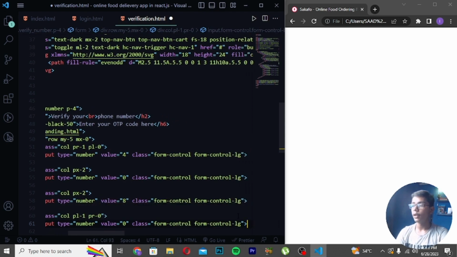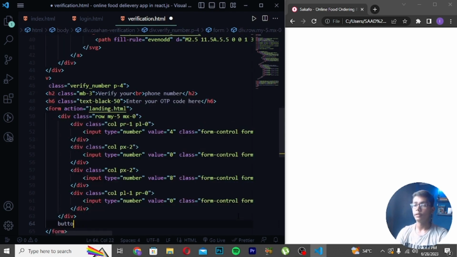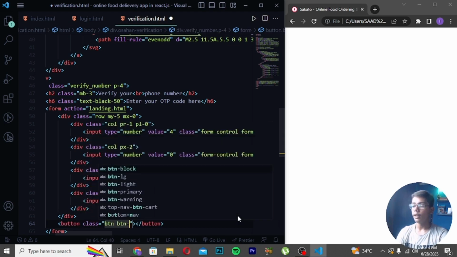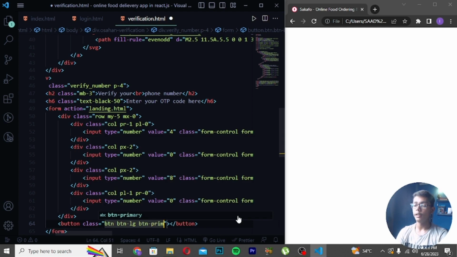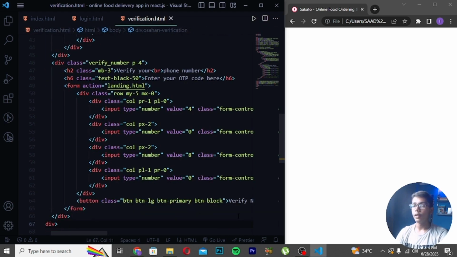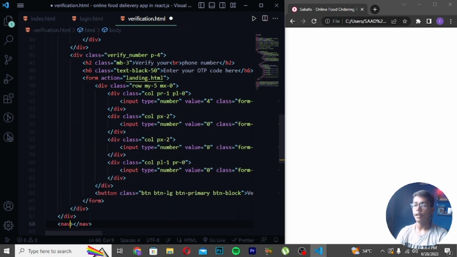Then you have to now move down like this and write here button. So here I will be now writing button like this, class btn. Write here btn-lg btn-primary like this and write here btn-block. Then you have to move it center and write here verify now like this. Save it. And then you have to move down after this tag and write here map tag like this, ID